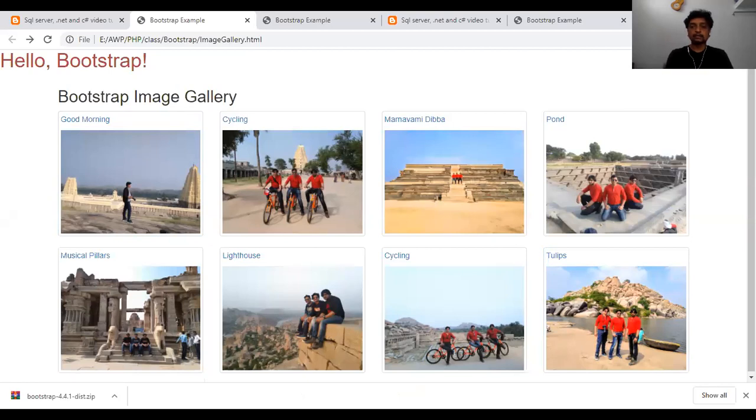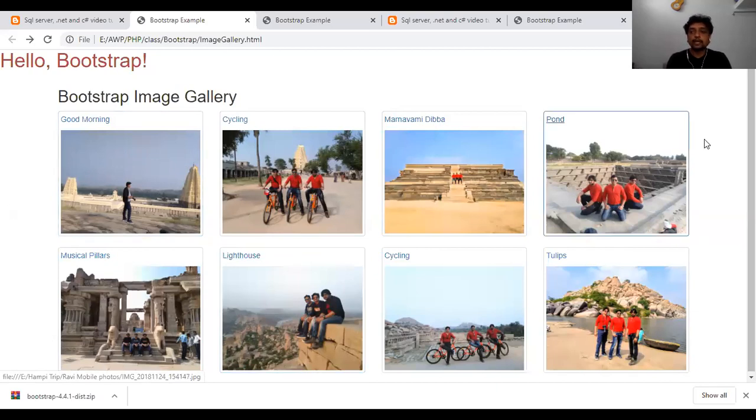I have created a simple image gallery here with two rows, and each row will consist of four images, four columns. So here each one is with a row and a column, and we already discussed how to create the rows and columns. Here also we create and manage the rows and the columns of 12 units. 12 units we are going to maintain in each row. That is what we already discussed in the previous classes, why we need to make 12 units and what the 12 units are. You are very familiar.